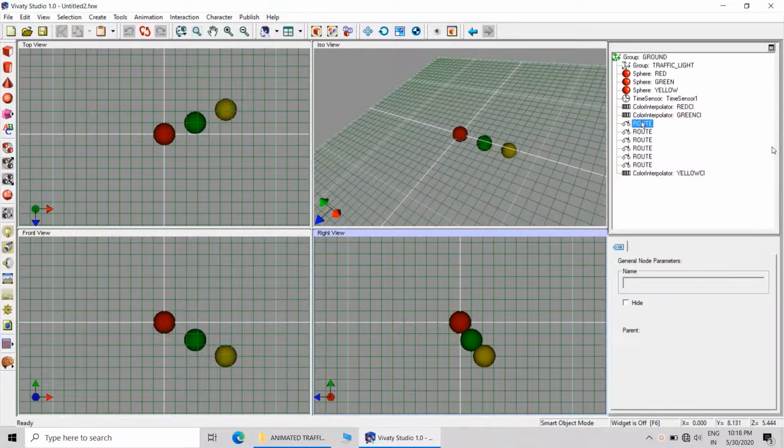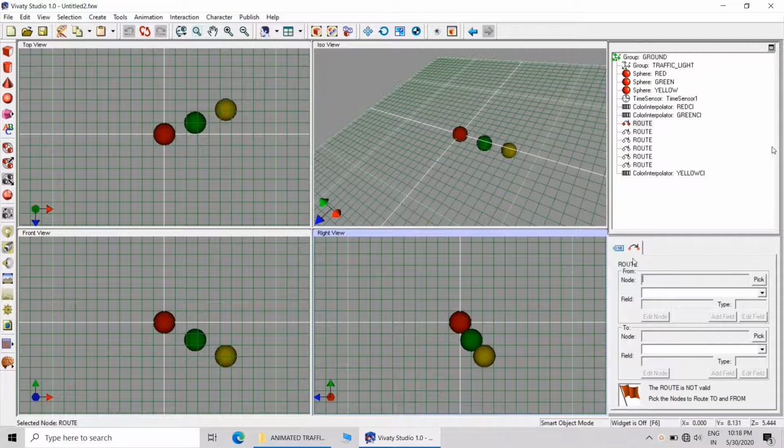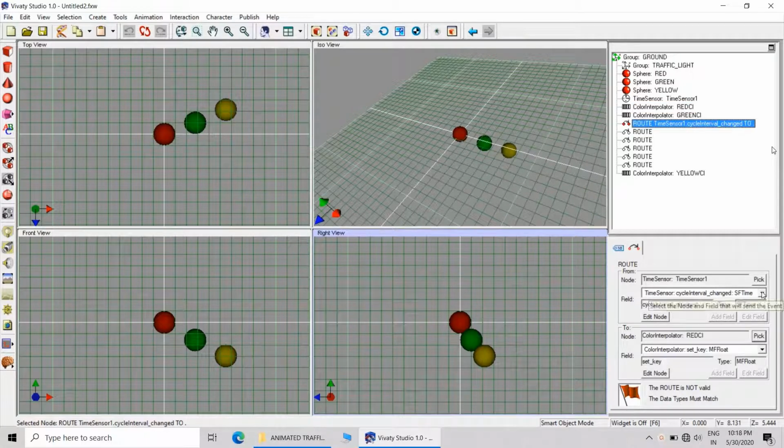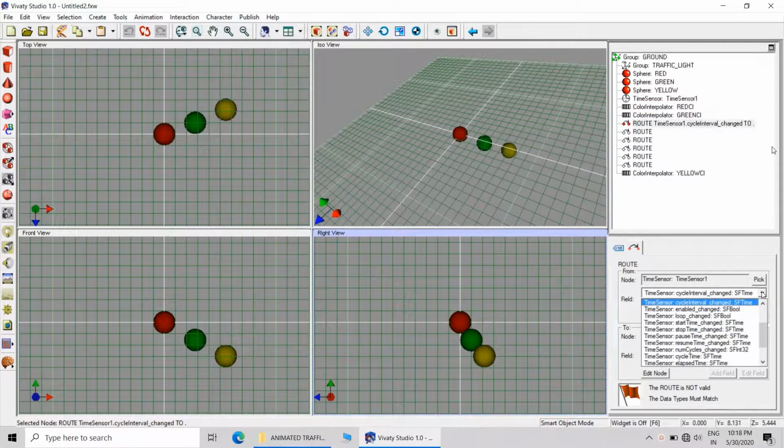Now we will be creating the routes. As I have said, we have to establish the route between time sensor and color interpolator. Three routes will be from time sensor to color interpolator, and three routes will be from color interpolator to the respective sphere.